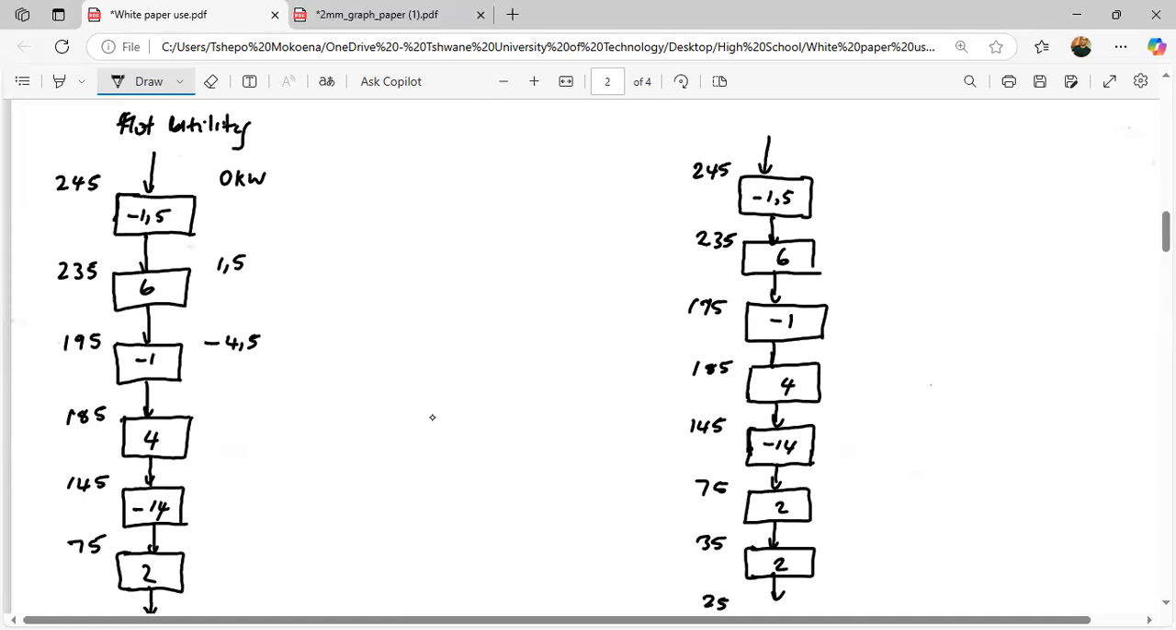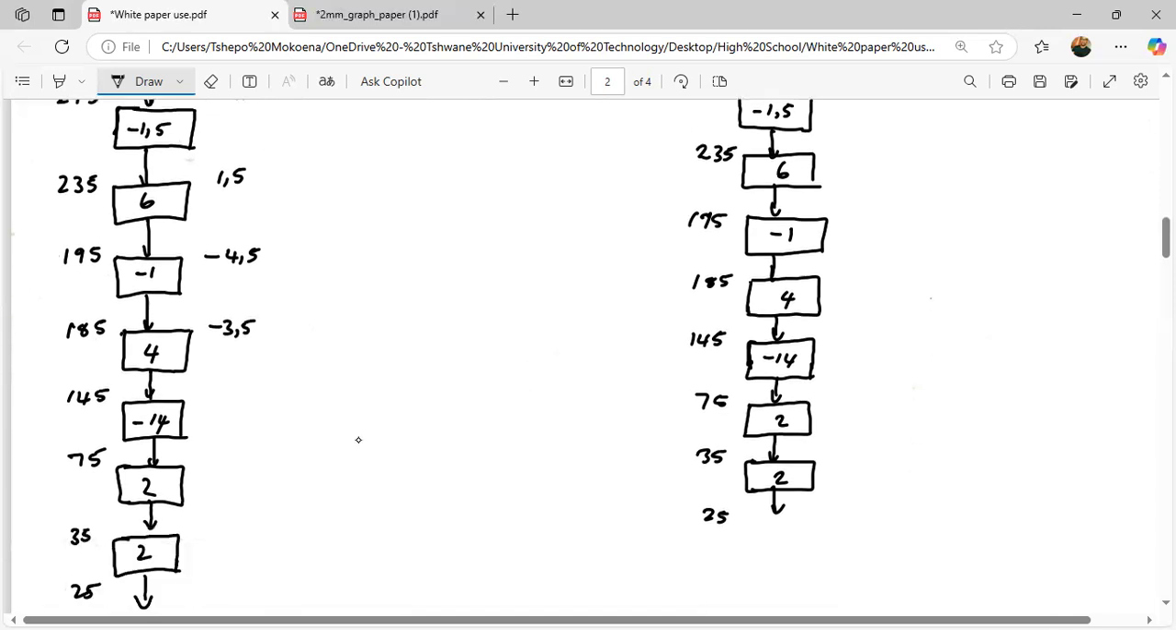And then I'm going to say negative 4.5 minus 1. That will give me negative 5.5. And then I'm going to say negative 5.5 minus 4. That will give me negative 9.5. And then I'm going to say negative 9.5 minus 2. You see, this is how I made a mistake. So negative 7.5 minus 14. That will give me